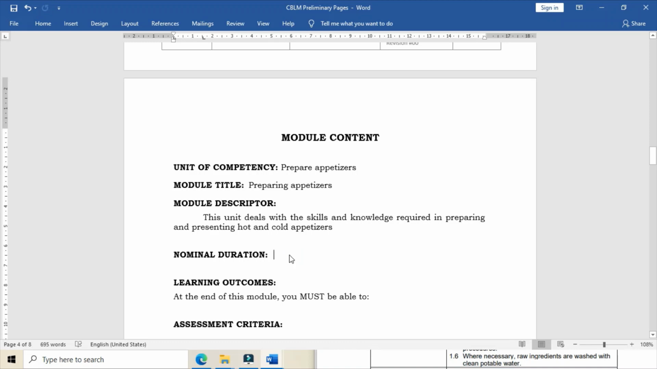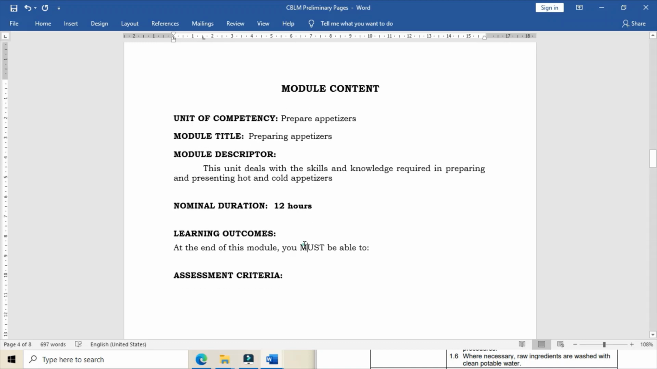Meanwhile, the nominal duration may also be identified based on the set number of hours needed to earn the required competencies. As a trainer, you are the one who could identify this based on the institution's requirements and what is specified in the TR. So let's say we will be needing 12 hours. Twelve hours is allotted for the trainee to acquire the entire competency in Prepare Appetizers. Then, the learning outcomes,